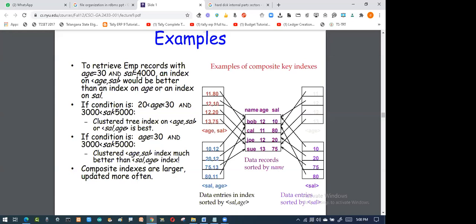So you can make the query as salary equal to 4,000, or less than 4,000, or less than 5,000, or in between 3,000 and 5,000, or based on something like this. So you have different kinds of indexes. That means I can create a lot of indexes on that. See how the index has been done.